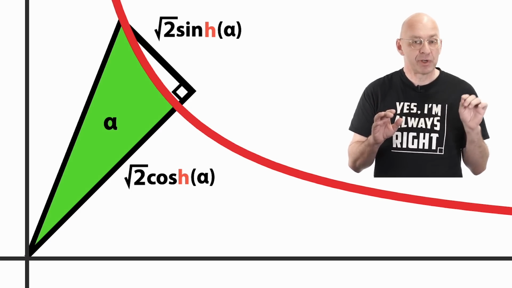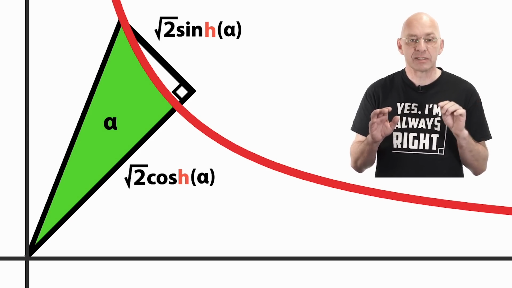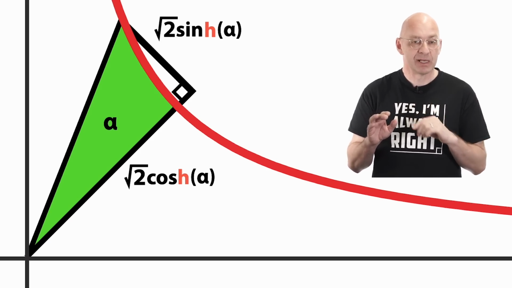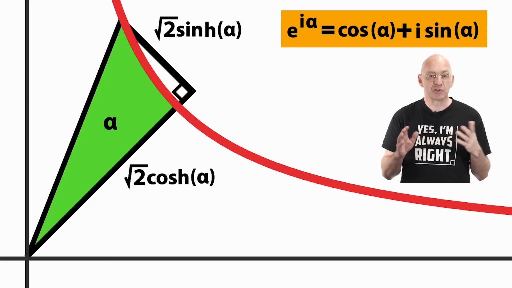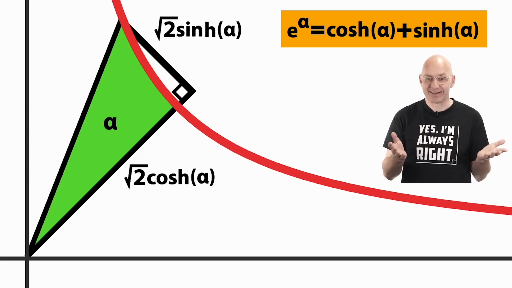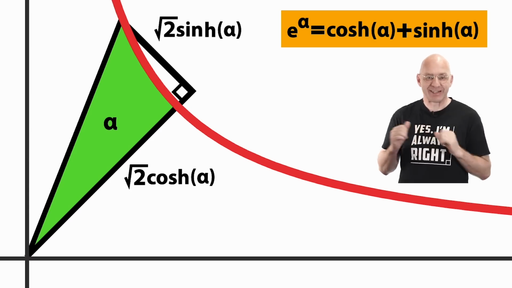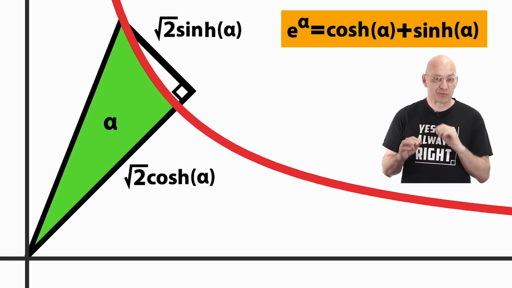And now, pretty much any property of sine or cosine has a counterpart for these hyperbolic trigonometric functions. For example, take Euler's formula. The hyperbolic counterpart of Euler's formula is super pretty. Just get rid of the i's. Whoa! The exponential function is just the sum of cosh and shine. And so the exponential function itself also has a nice geometrical interpretation in terms of the sum of the two lengths in our diagram. Super pretty. I'll give an animated proof of this fact at the end of the video, something to really look forward to,